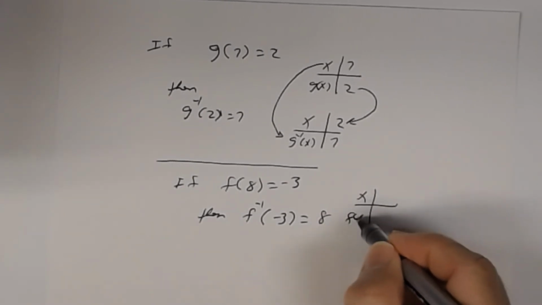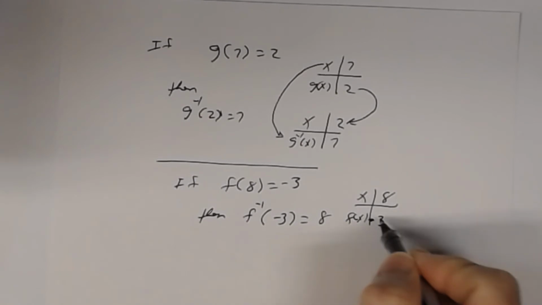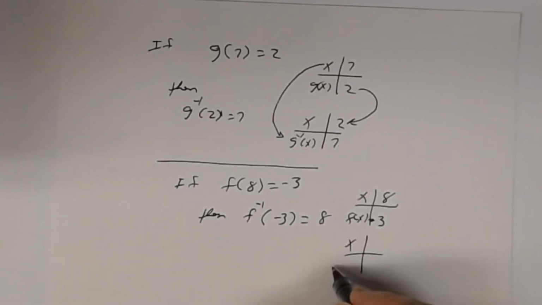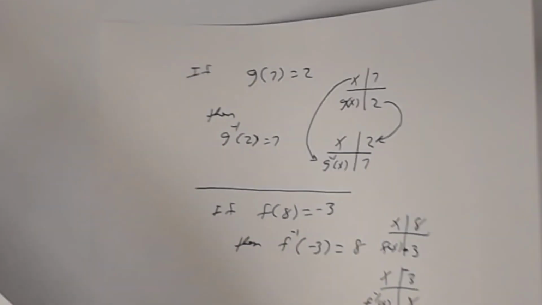Here's x, here's f of x. So when x is 8, my y value is negative 3. Okay? For the inverse, you interchange the coordinates. So through negative 3, 8. So f inverse of negative 3 is 8. That's what that says. f inverse of negative 3 is 8. Okay? That's all that is. Very, very simple idea. And then let's look at